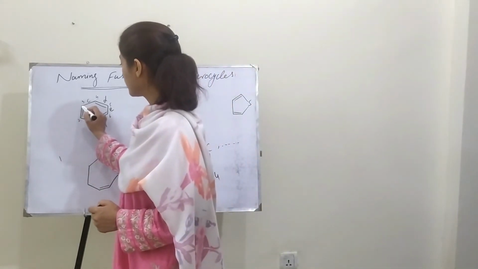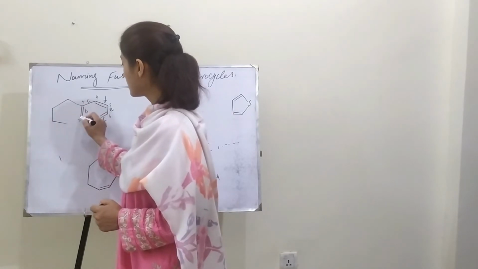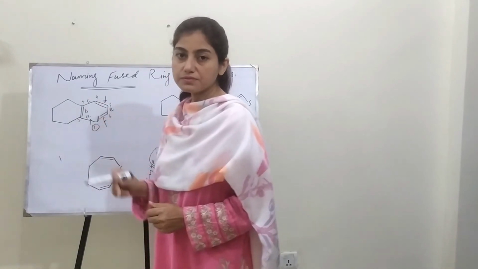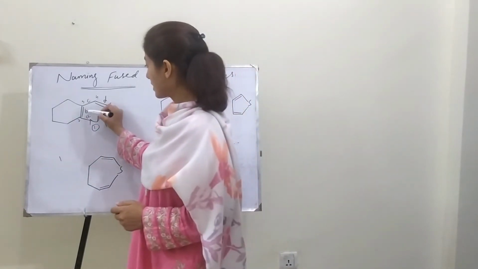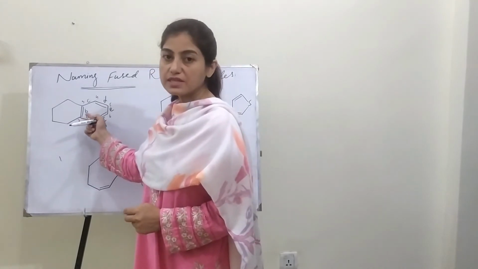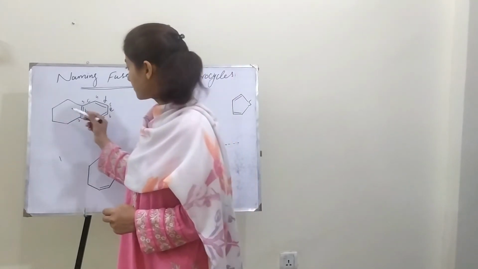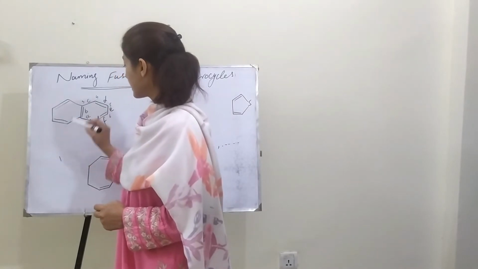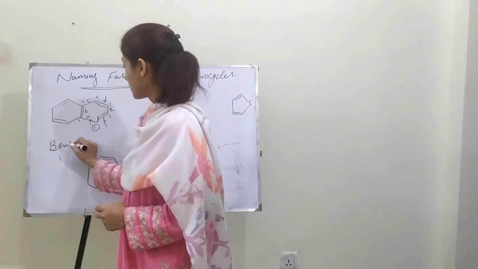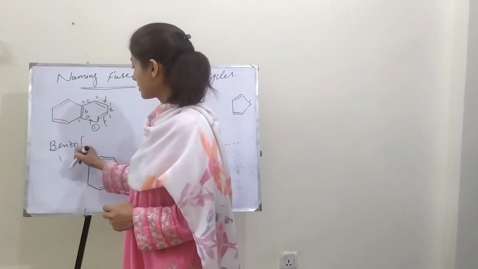For example, if the benzene ring is fused between the atoms number 2 and 3, so in other words, the benzene ring is fused with the side B of the heterocycle. In that case, its name would become benzo. First,